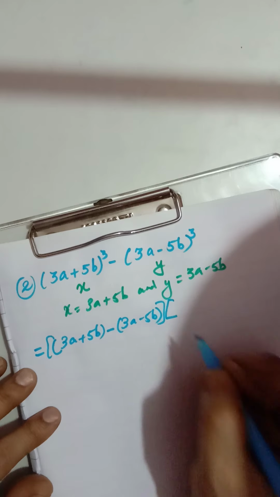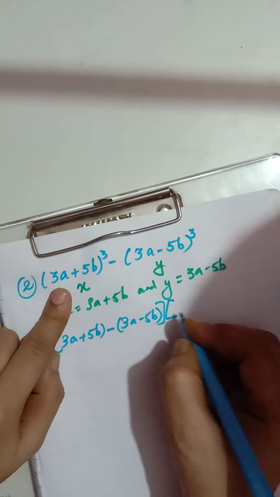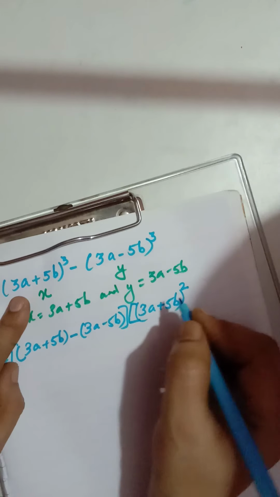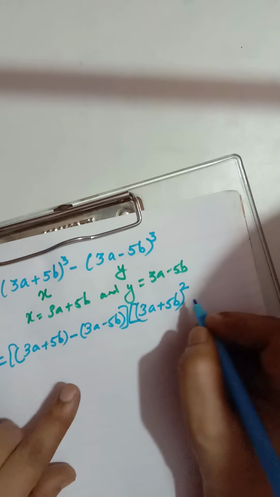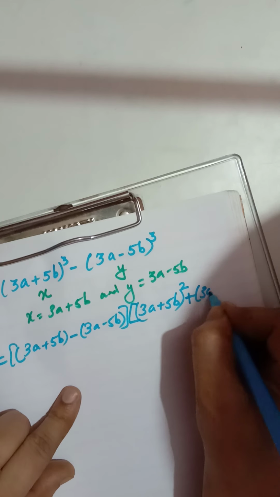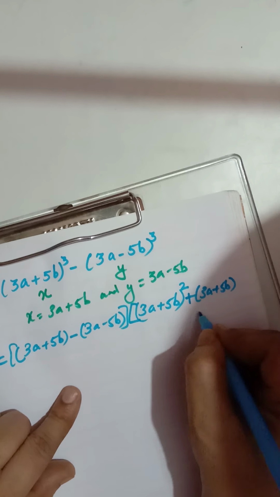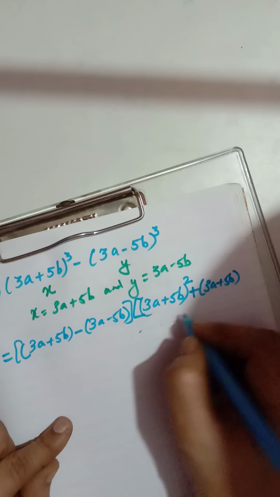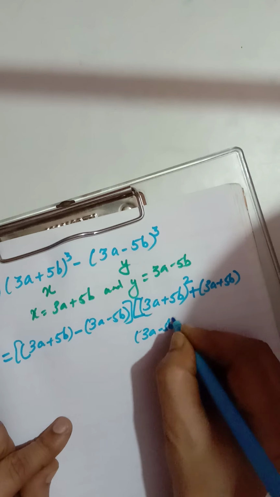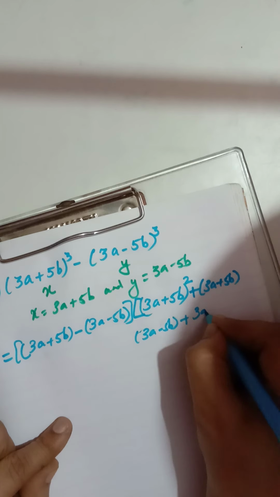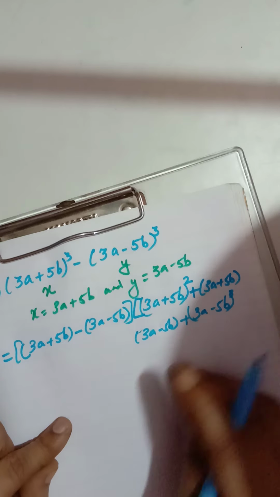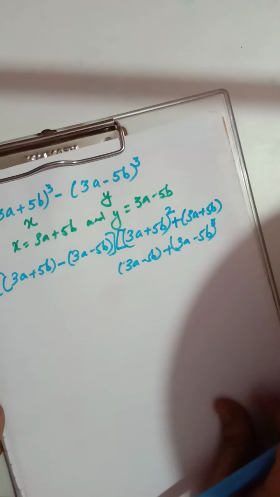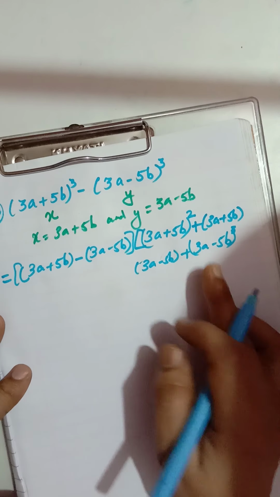Now moving to the second bracket, that will be a square, that means first term square. Just now what we have done, 3a plus 5b whole square, plus ab. So plus, what is your a? 3a plus 5b into 3a minus 5b, plus b square, that is 3a minus 5b whole square. Now children, this one step I am writing again because we have less space, so I had to write it in the second line.